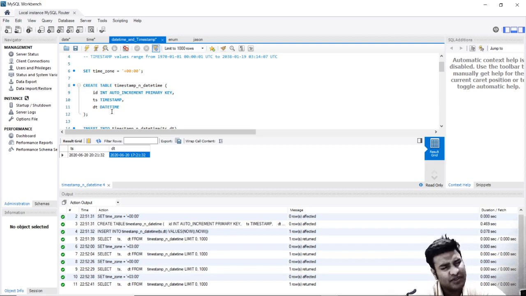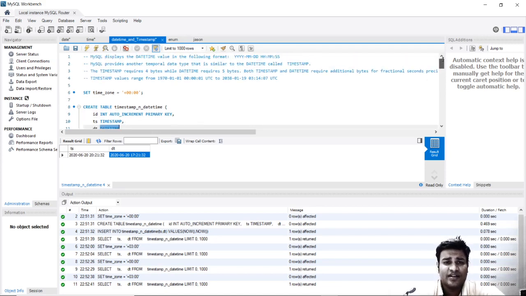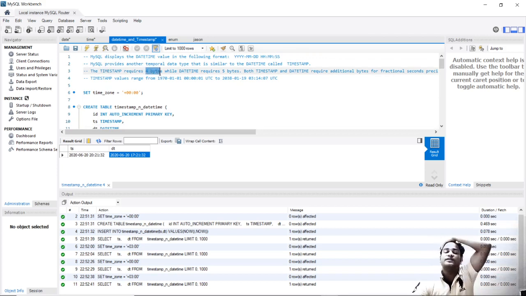In 90% of the cases, you can use any one of them, and timestamp is the one which I have used mostly, but obviously you can go ahead and use datetime as well. So you can consider a few things over here. Timestamp is using 4 bytes, so using timestamp obviously will take less space. So you will get better performance when you use timestamp.